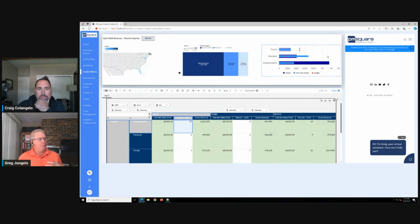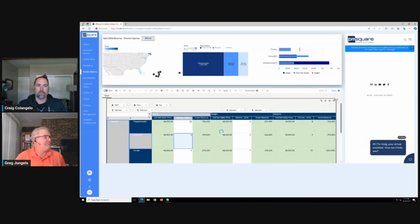So one thing that us analytics or data gurus like to do is we like to look at these and go, there's something definitely wrong here. I'll bet you somebody fat fingered, right? So I just want to go in here. I want to fix this. Well, again, this is just an example. This is a Planning Analytics workbook with cube data, and I can go in here and type in and change things at will. If I just updated that,